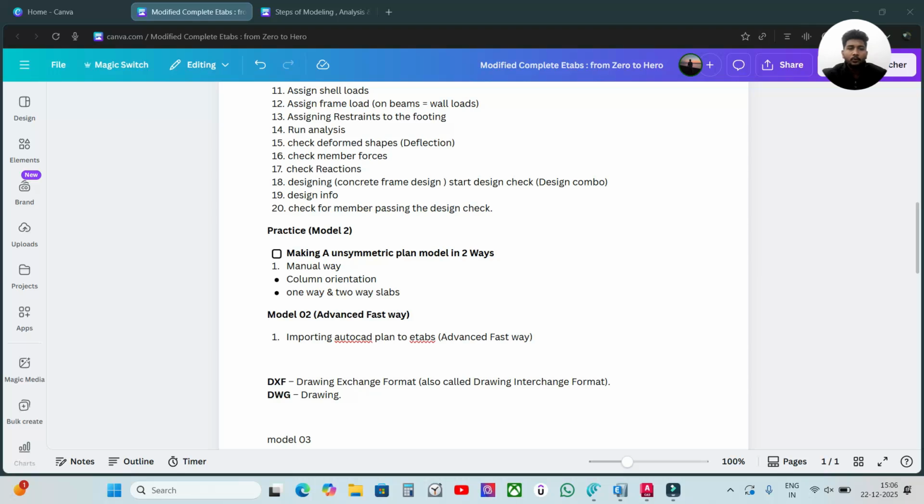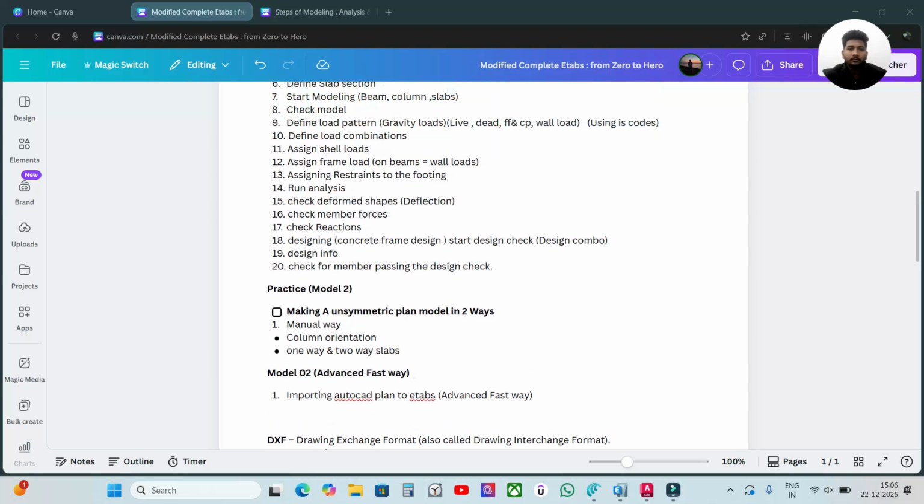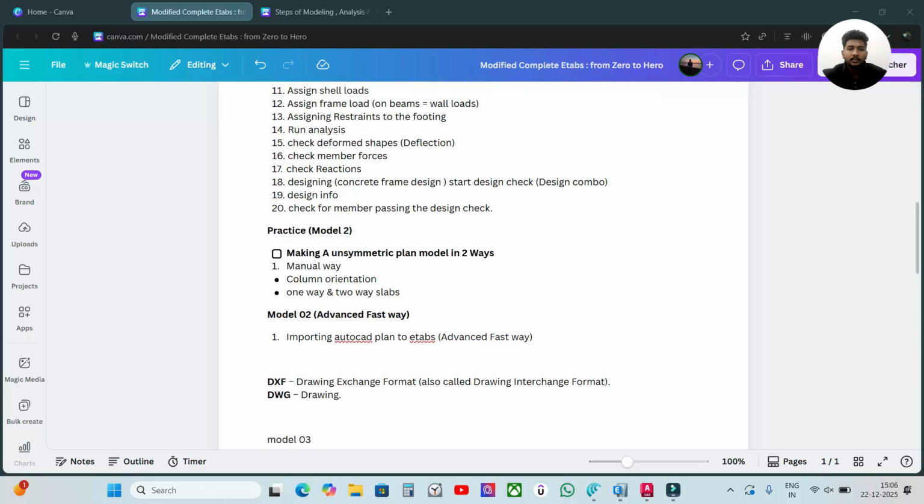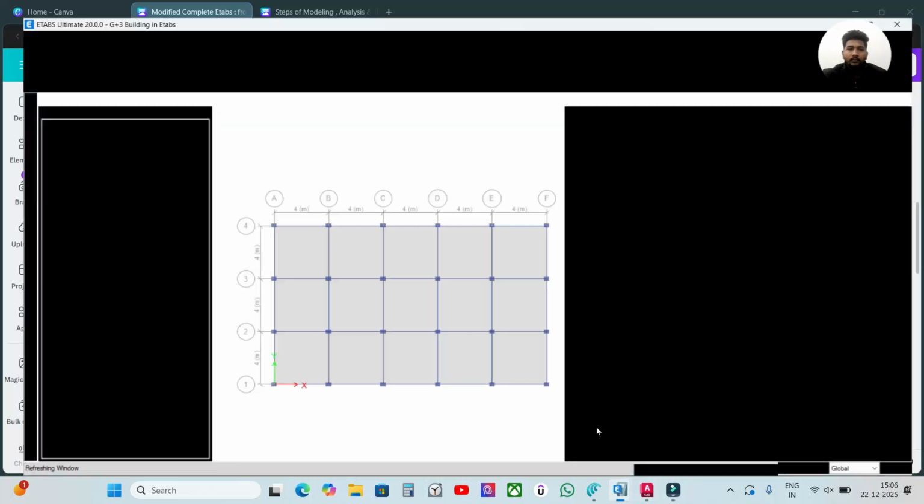As we have completed model 2 in the manual way, and all these details have been seen in this manual way. We were going to see two ways, the manual way and the advanced fast way. We have completed the manual way with complete details, like seeing the